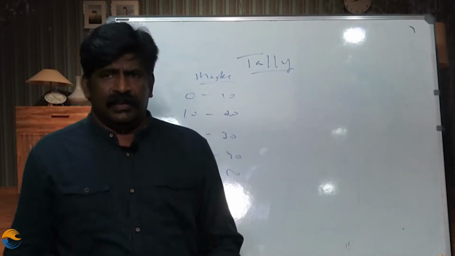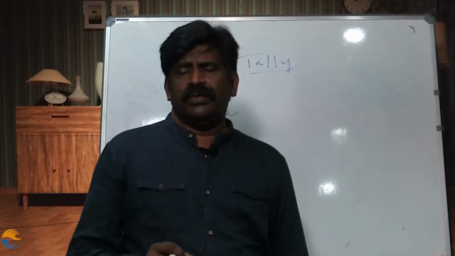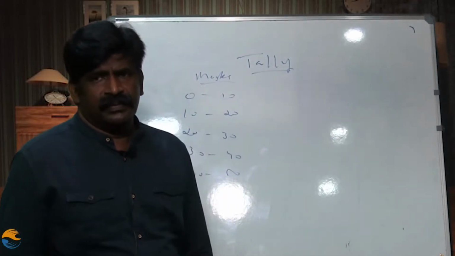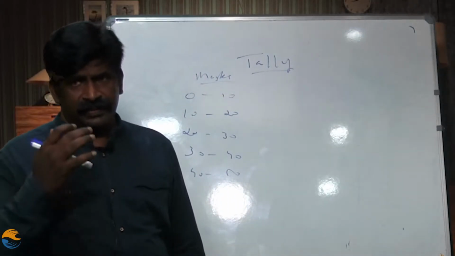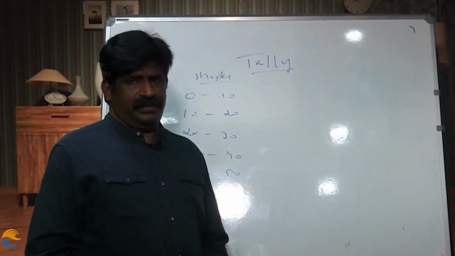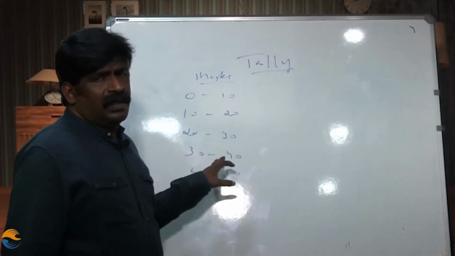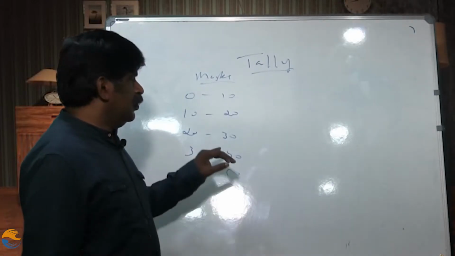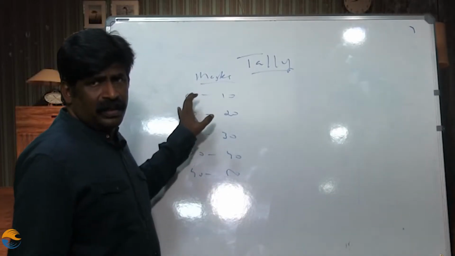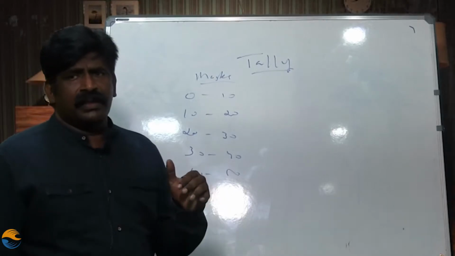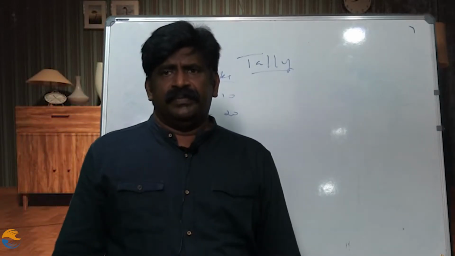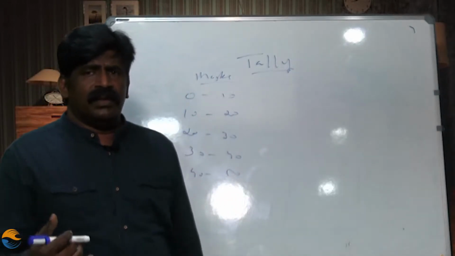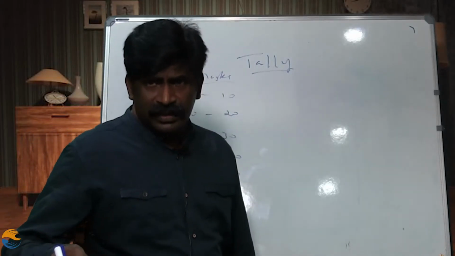With the same class interval, we are going to group the data that we collect into different slabs, and these slabs are known as classes. So what is a class here? 0 to 10, 10 to 20, 20 to 30. That is the process here. And we collect information that falls within the class.